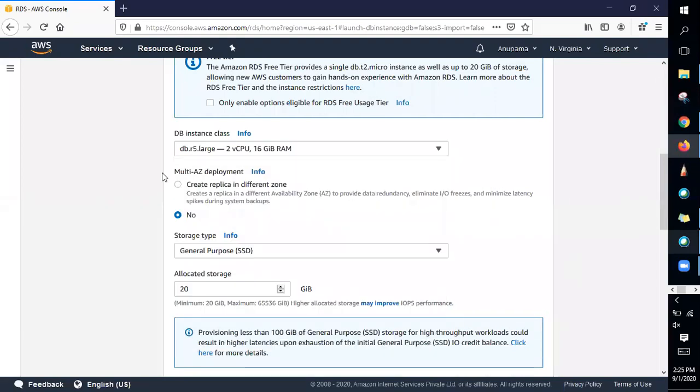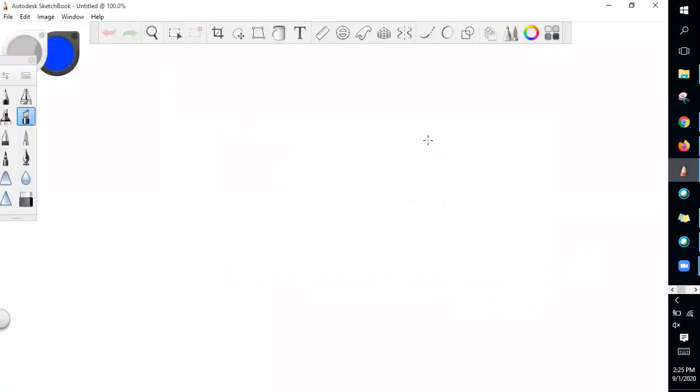Next we have multi-AZ deployment also. Multi-AZ deployment is basically where your database would be replicated in another availability zone for high availability.